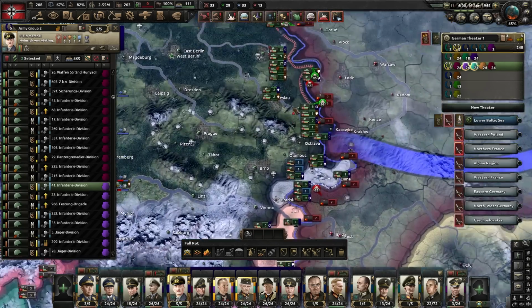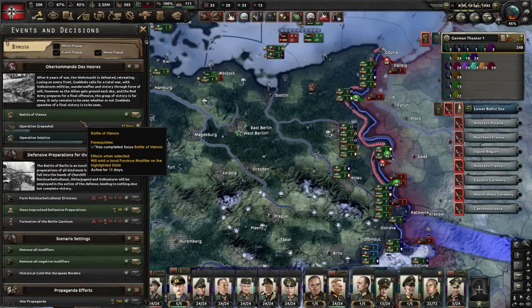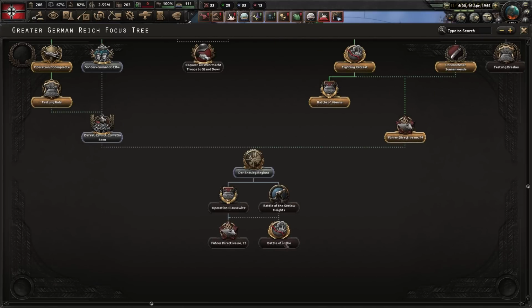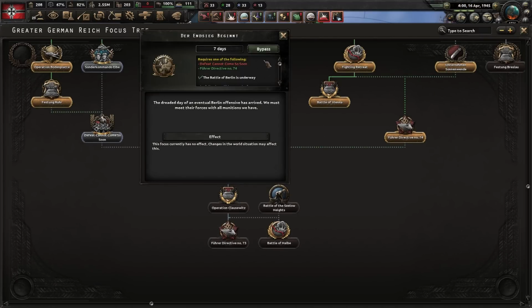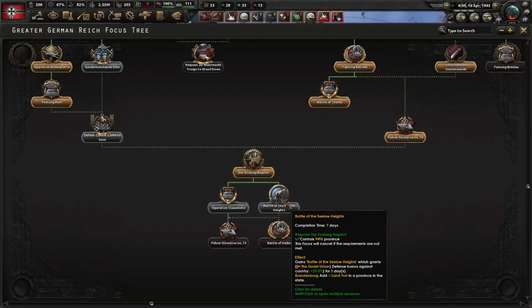Whoa, Battle of Berlin. Oh, okay, that's fine. It panicked me then. I thought they'd smash through to Berlin. Is that just the event? Yeah, it's a bit of a focus tree unlock there. I really thought they'd cracked into Berlin and I'd messed up by not paying attention. So we can do Battle of Seelow Heights